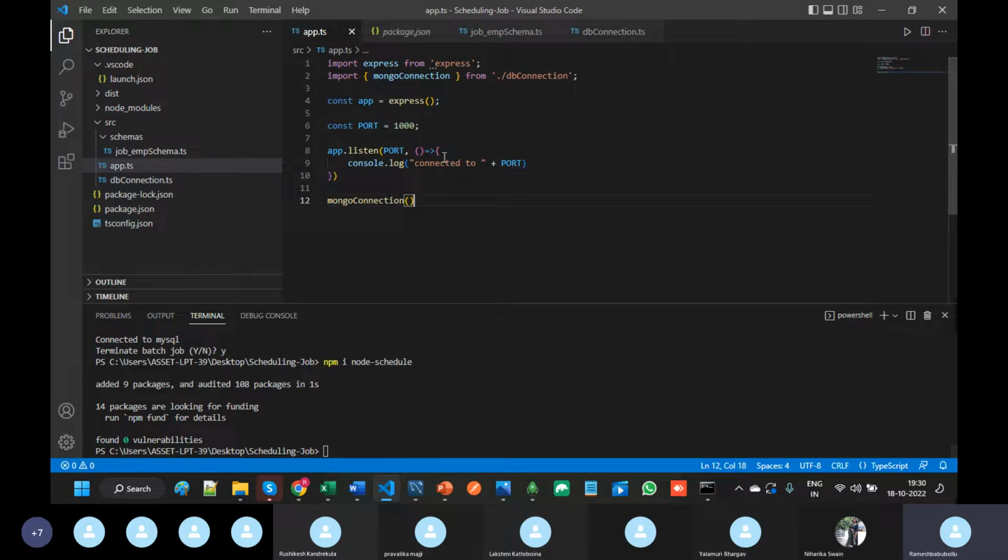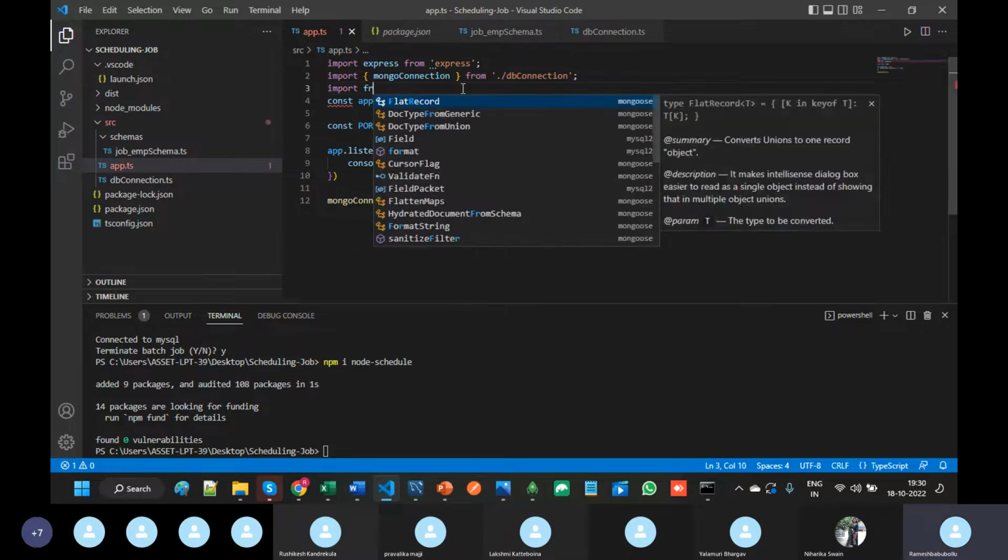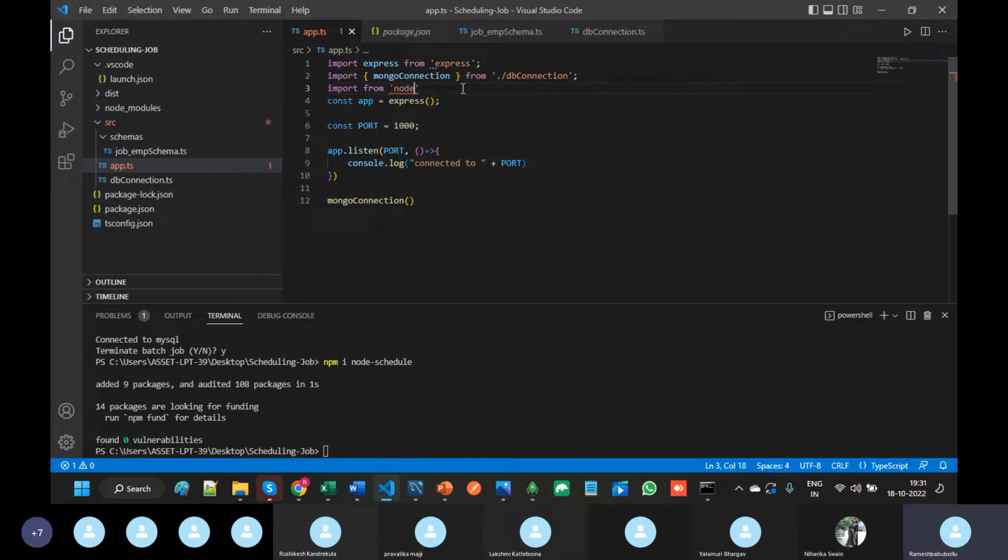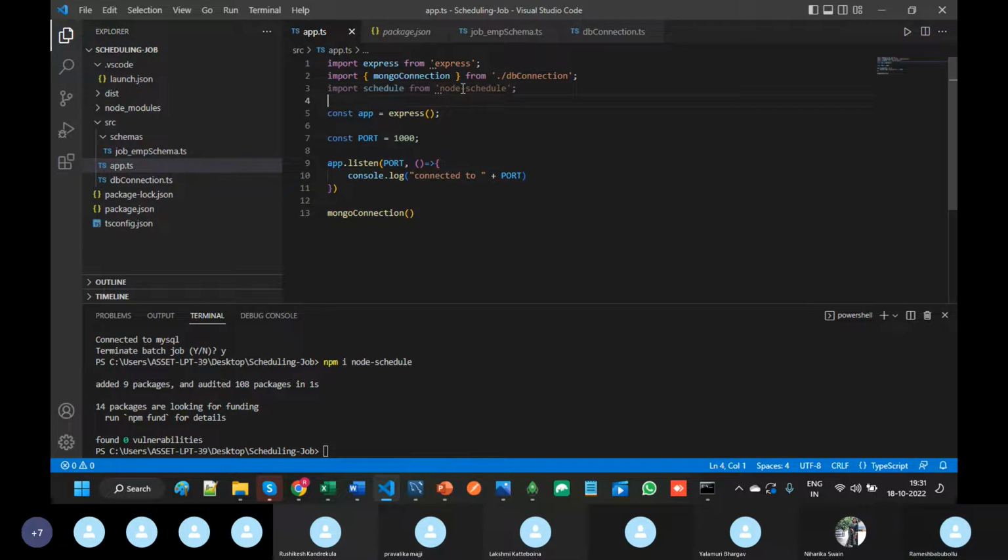Okay, and import that npm. So import from node schedule. Here schedule, I am giving the name schedule, and